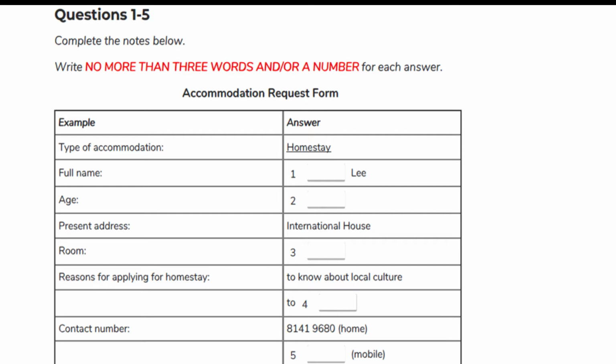You will see there is an example that has been done for you. On this occasion, only the conversation relating to this will be played first.